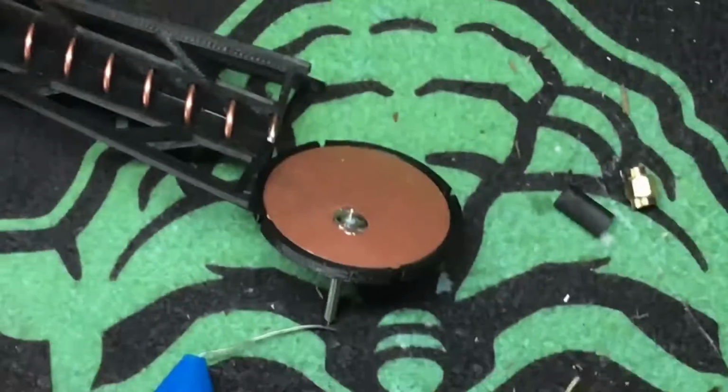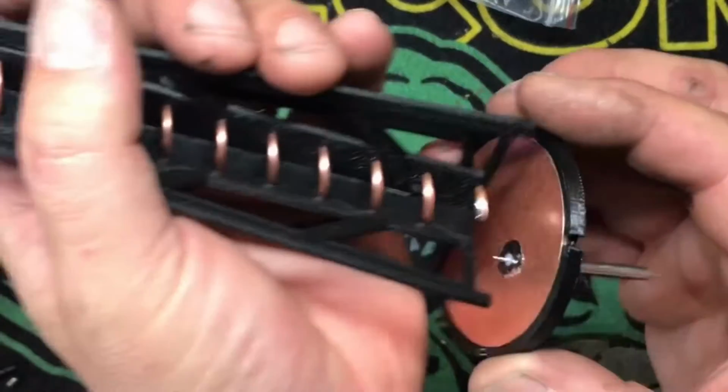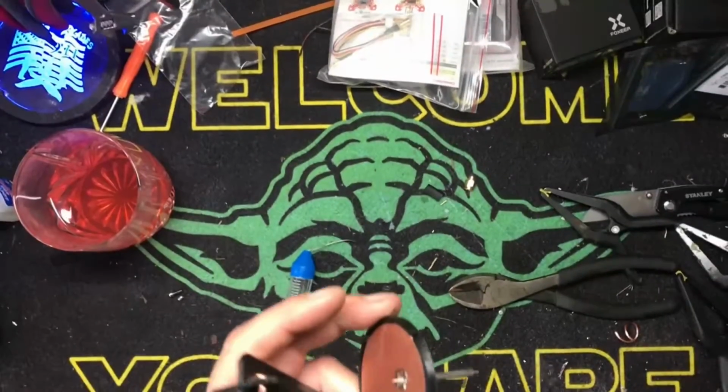All right. Now we should fit rather nice. Just like that. Bam! Okay? So, what we do then